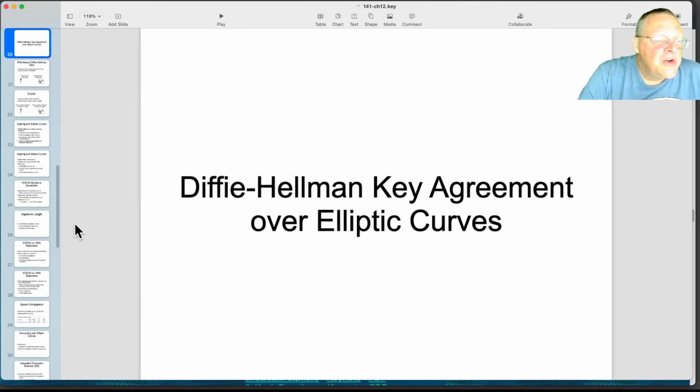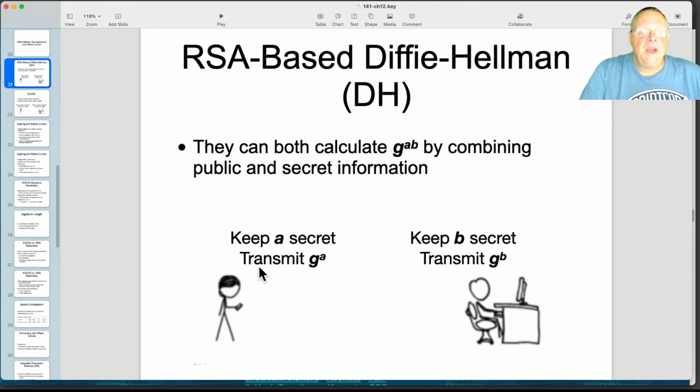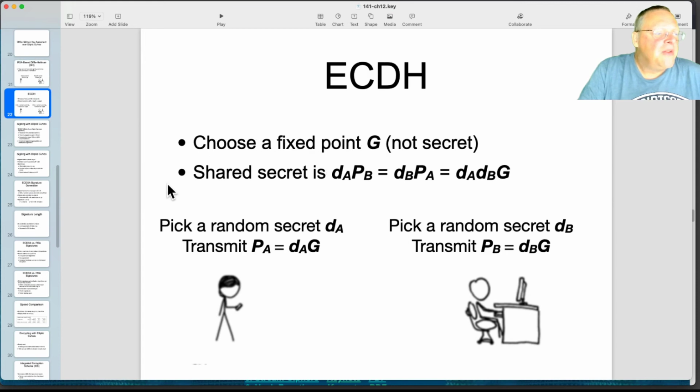To agree on a shared key, this person is supposed to make a private key, calculate the public key, and send it over. This one, there, makes a private key, calculates the public key, and sends it over. This person is supposed to do the same. The invalid curve attack is where one person sends a malicious public key, which is not on the right curve,